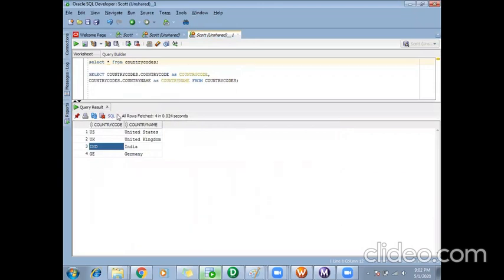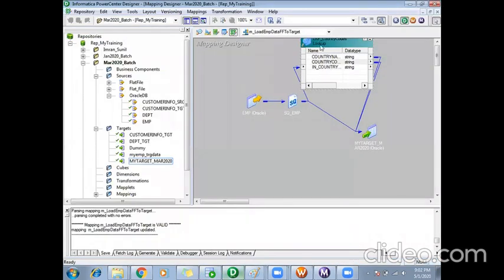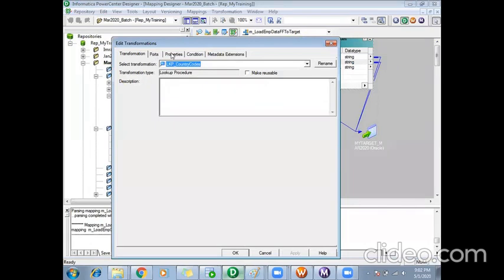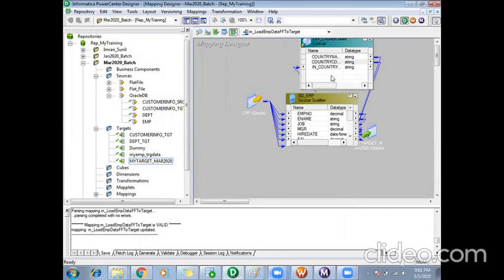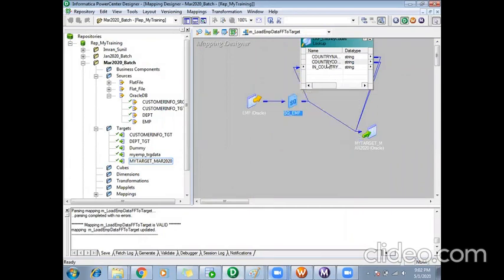So based on the country name, I will do a lookup on this table and get the relevant country code. This table I used as a lookup in my lookup transformation. I'm passing the incoming country names to that lookup. Whenever there is a match, it will return its respective country code from the lookup transformation. That's what we did till now.